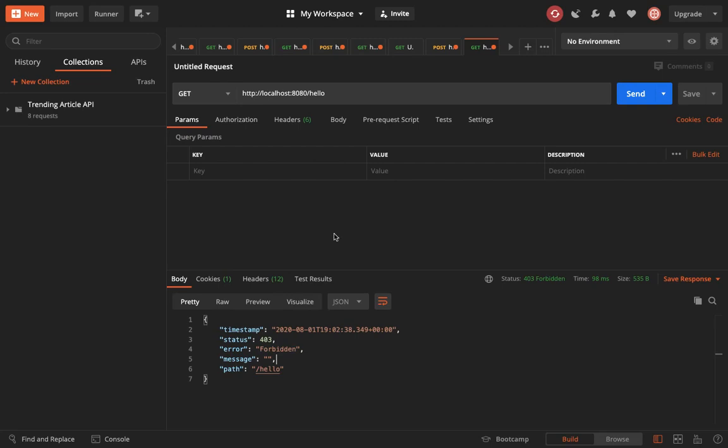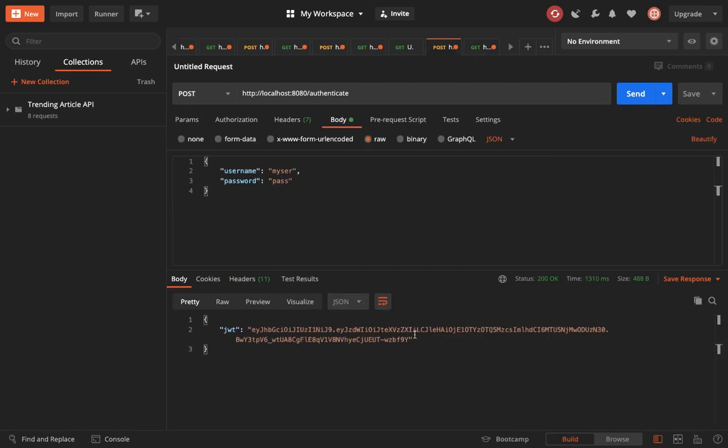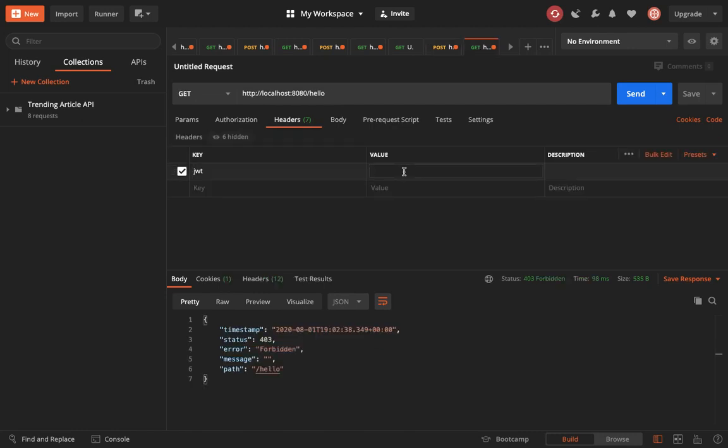Now let's add the JWT in the header. And it's still not working since we have not implemented JWT for the incoming request yet.